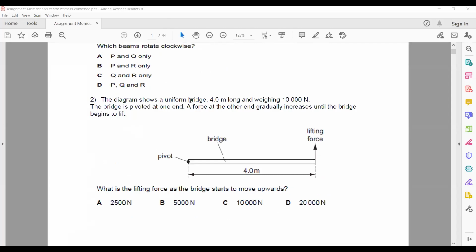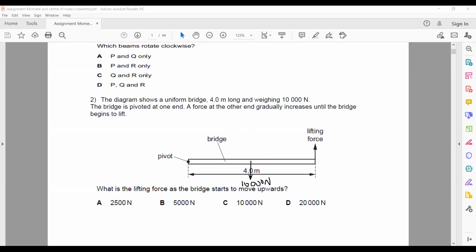The diagram shows a uniform bridge 4 meters long, and the weight of the bridge is 10,000. So whenever in a question they mention something which is uniform, it means the weight will act at the center. So the weight is 10,000. Where will the weight act? The weight will act at the center. And what is the value of this weight? It's equal to 10,000